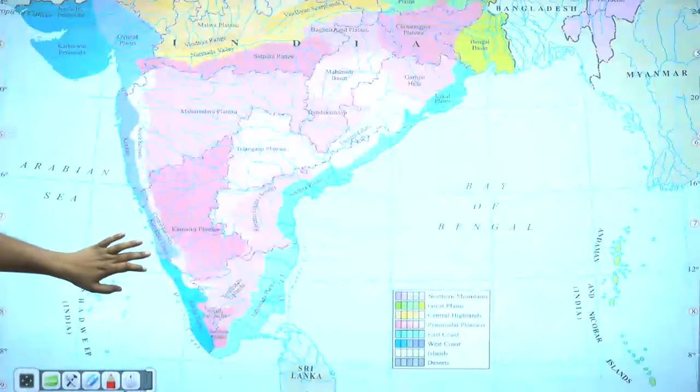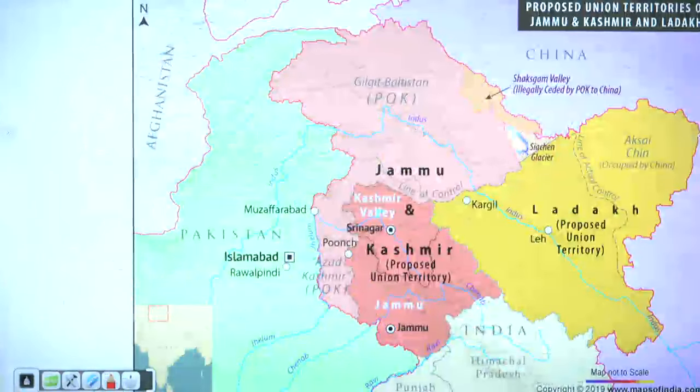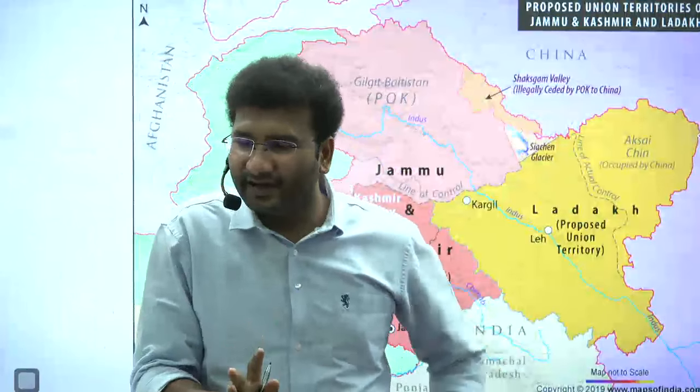Now coming to the issue of the boundary lines. See, the boundary line between every country has an international boundary. International boundary is an agreement. First, you need to understand what an international boundary is and how it is different from a